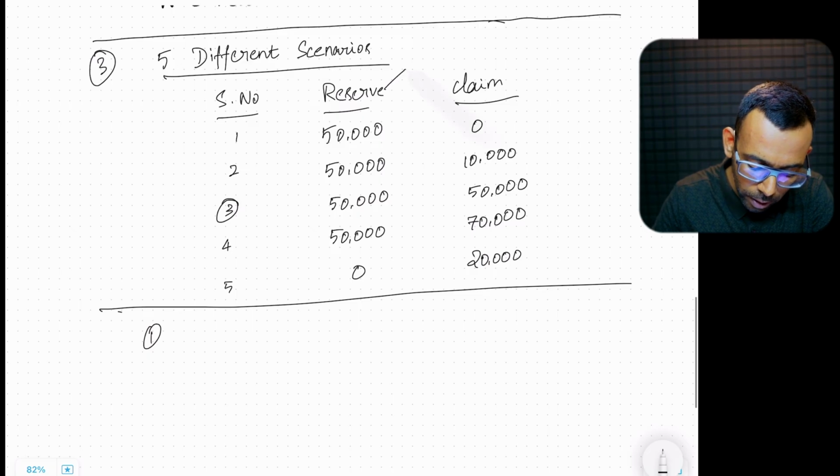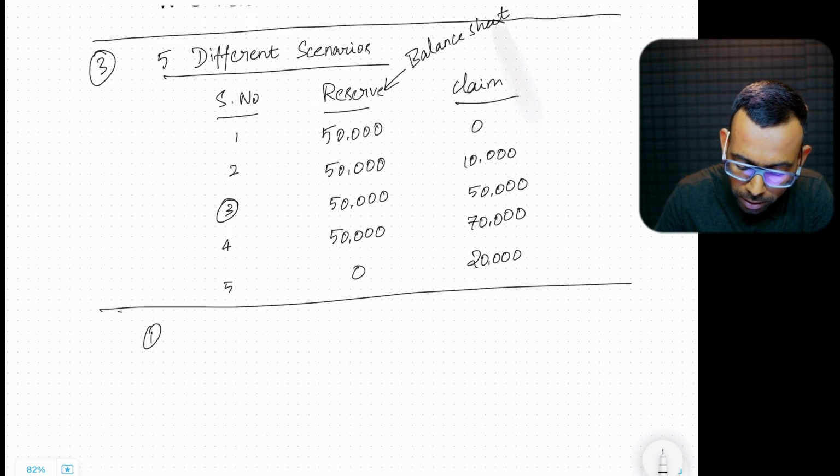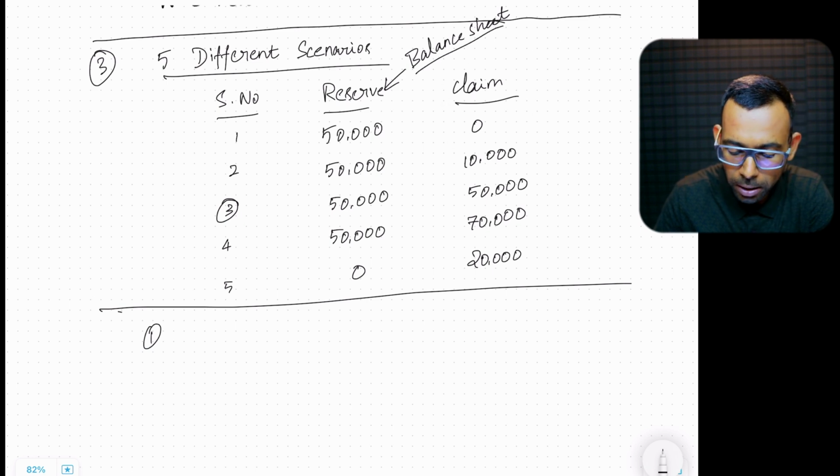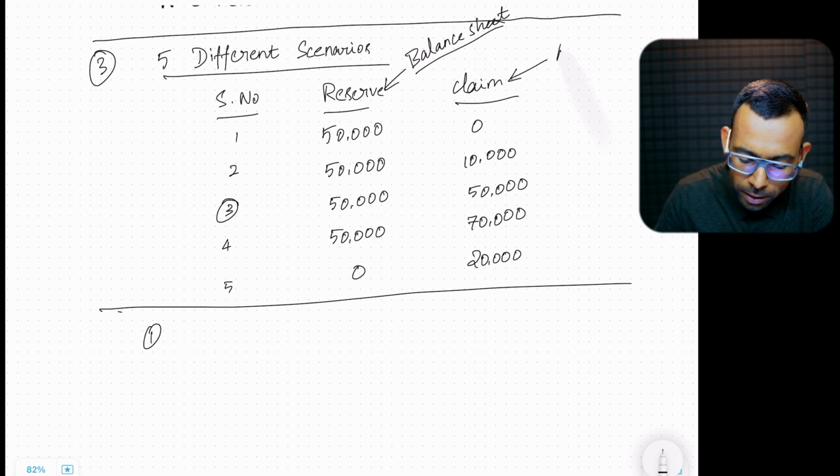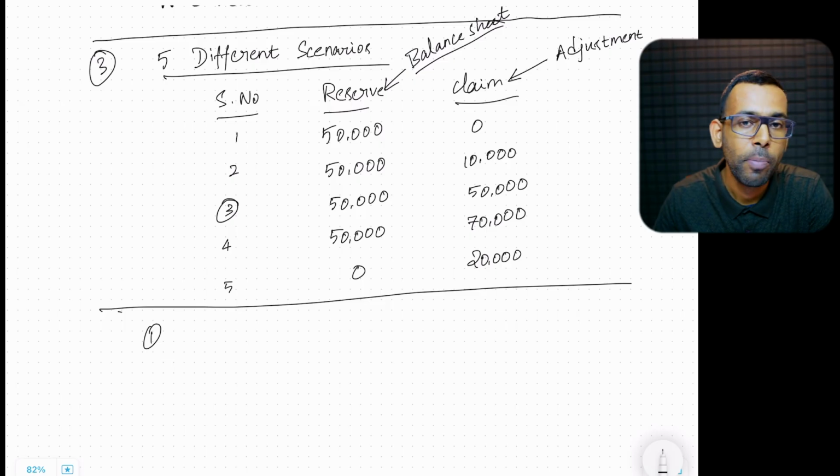This will be in a 6-mark question. The reserve will be in the old balance sheet. The question will come with a balance sheet, isn't it? So the reserve will be given in the balance sheet and the claim will be given in the adjustments. So when you read the question, you have to look at these 2 specific places. So when you look at the balance sheet and the old balance sheet has